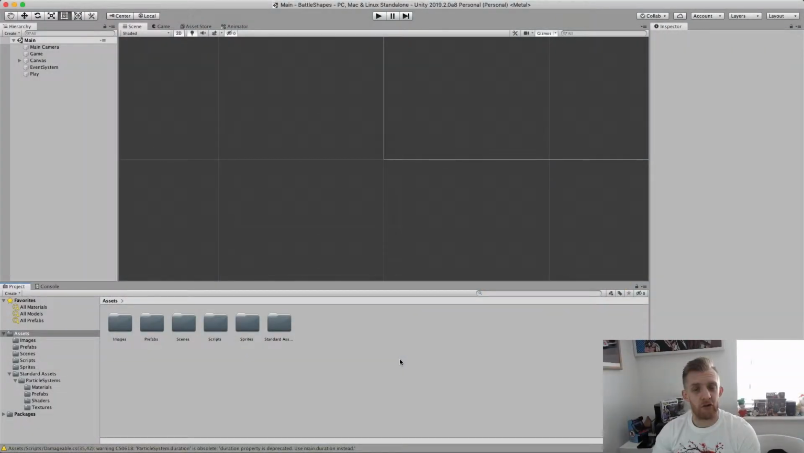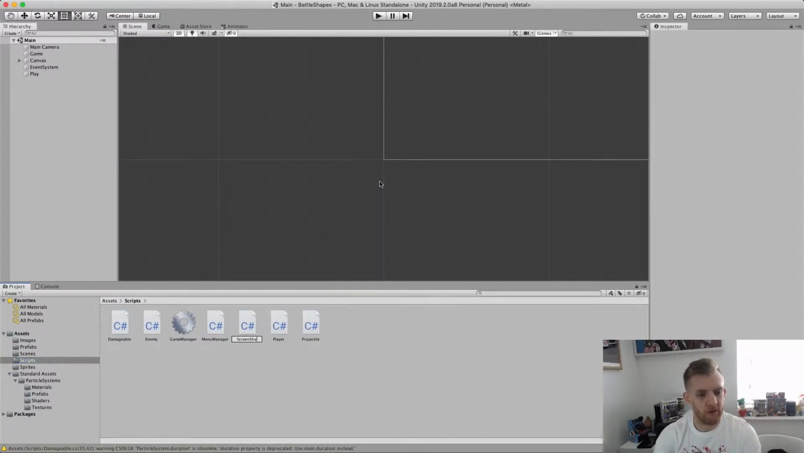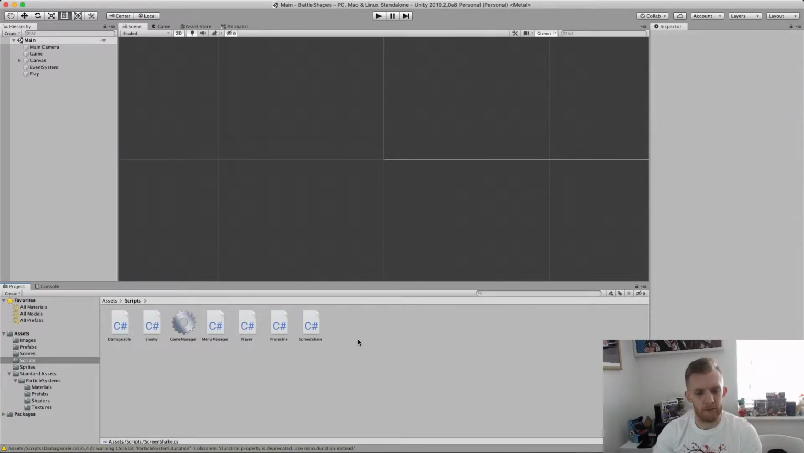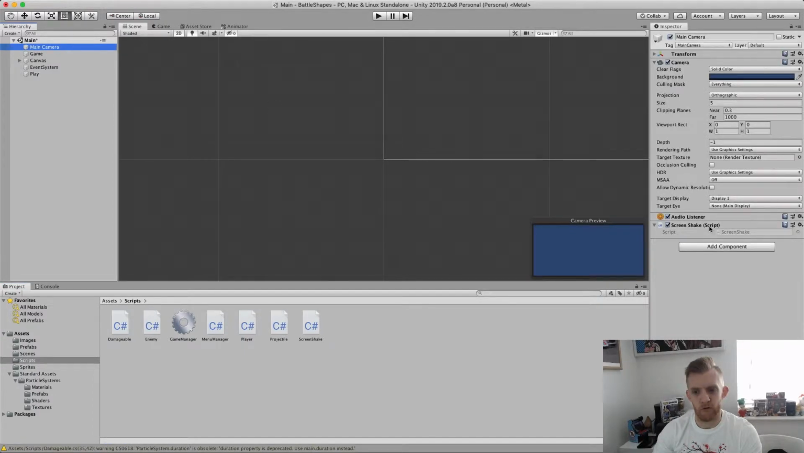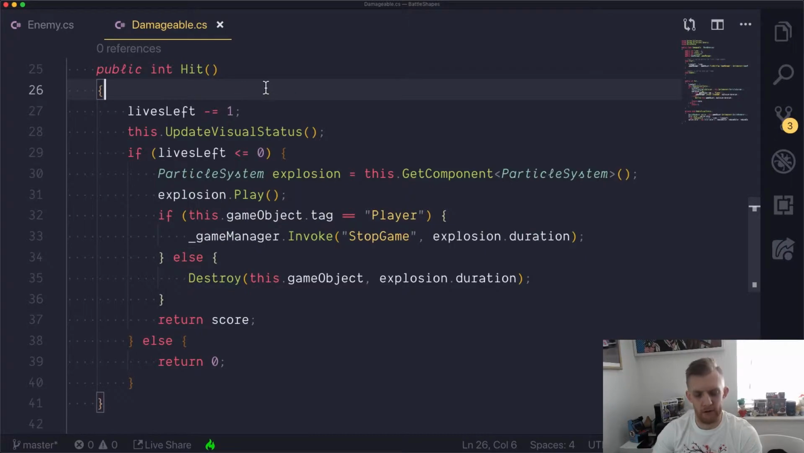Okay, so to add screen shake to our game, we're going to want a script that operates on the camera transform to move it around. So we'll start off by creating a new script. We will call it ScreenShake, give that a second to compile, and then drag that across to our main camera. So you can see there we've got our ScreenShake component, and then over in our code